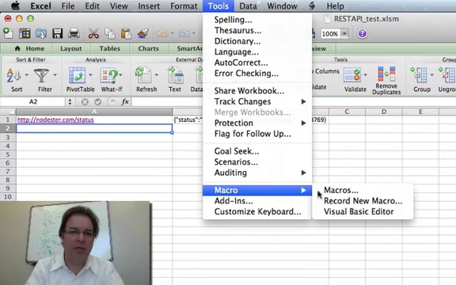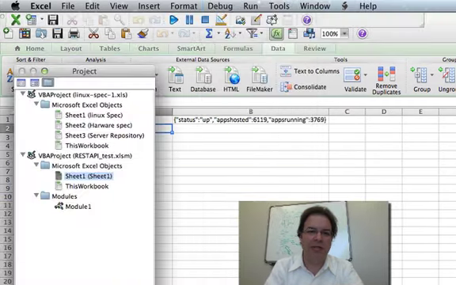We come into Macros, we say Visual Basic Editor, yuck. It's this Module 1. And we can take a look at it here. Got a lot of commented code because it's still very experimental. It grabs the text in A1, which is our URI. It uses ActiveSheet instead of the other implementation